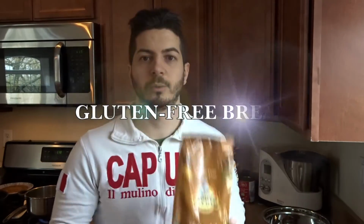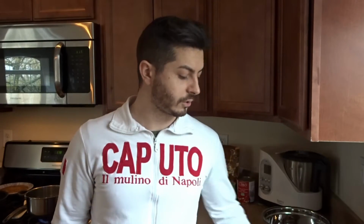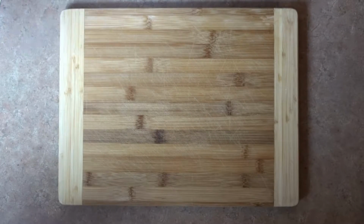Today we're going to make the gluten-free bread using gluten-free Fioreglut by Caputo. Also we're going to use the Caputo dry yeast, which is also another gluten-free item. Let's see what the ingredients are for this recipe. The ingredients that I'm going to use for the recipe are